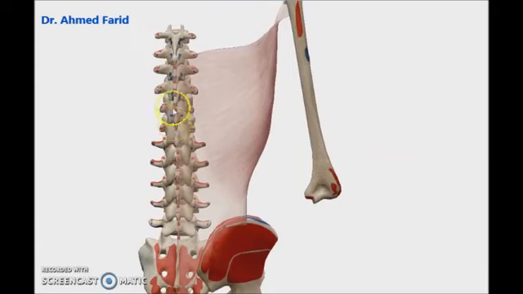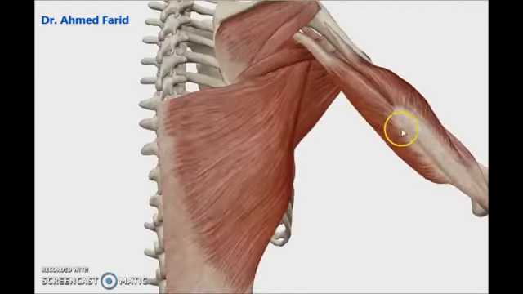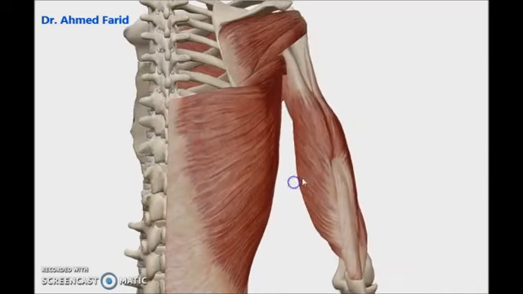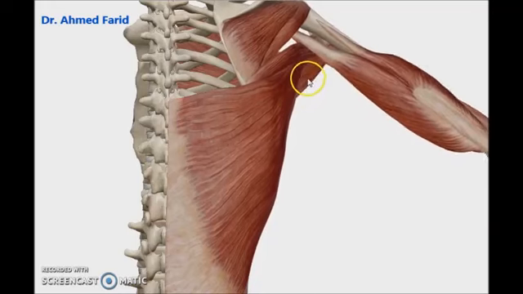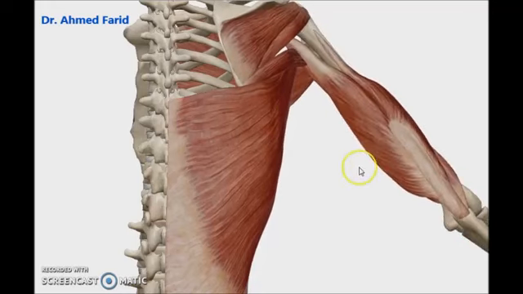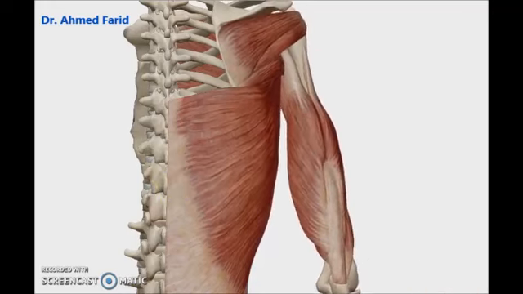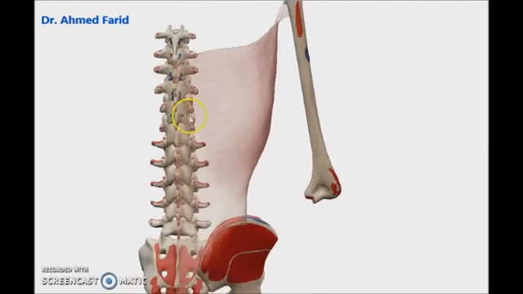And because it's coming from medial to lateral, it will make adduction of the shoulder joint. You can see here, adduction of the shoulder joint. And this movement is helped by pectoralis major. So both pectoralis major and Latissimus dorsi form adduction of the shoulder joint because they are coming from medial to